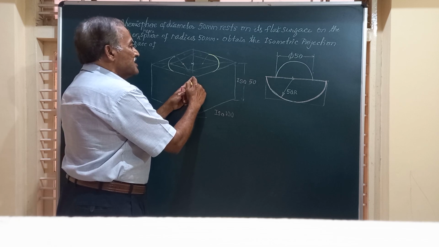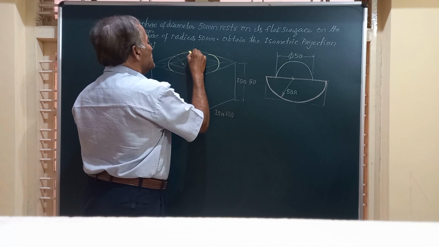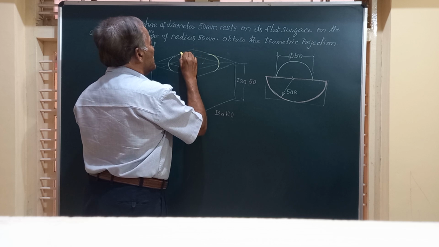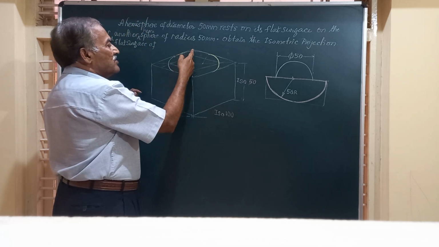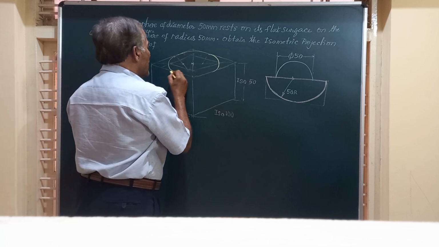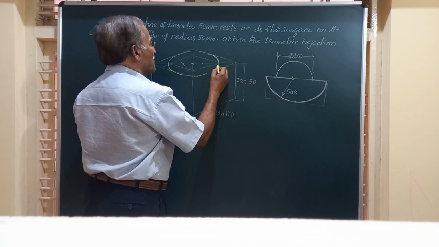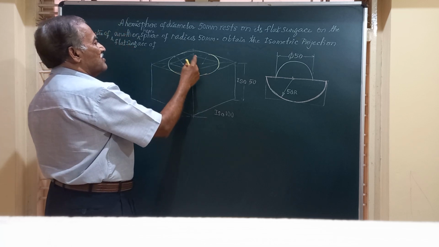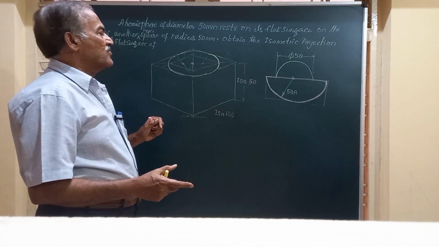With this as center and this distance as radius, I am going to draw the third arc using center C3. Friends, this becomes C4 with this radius. Center C4 and radius equal to this much. I am going to complete this ellipse part. Friends, this is the ellipse drawn for the top surface, which has a diameter of 100,